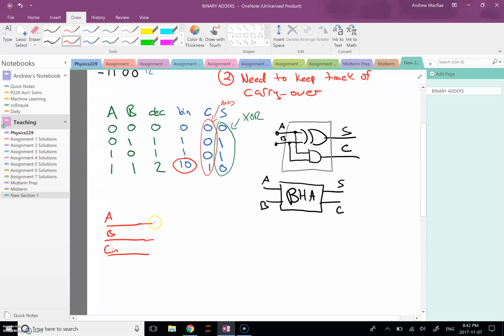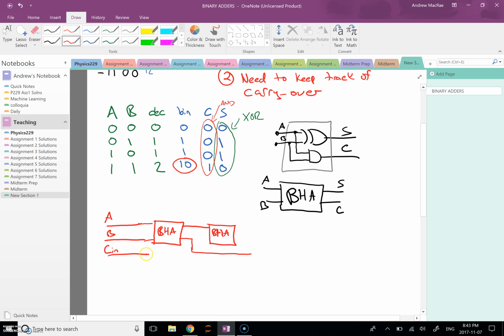Now, all we do is we've already figured out how a binary half adder works, and we put it in a box, and don't worry about its guts anymore. We put the sum of that into a second binary half adder, and these are the layers of abstraction that we talk about in class. And that's going to go out here. We're going to keep track of this